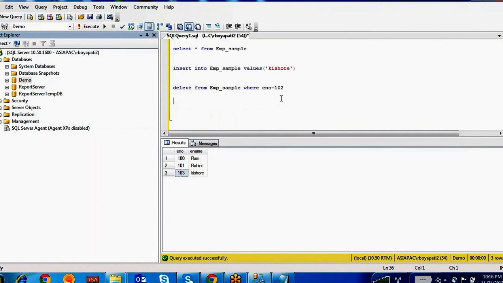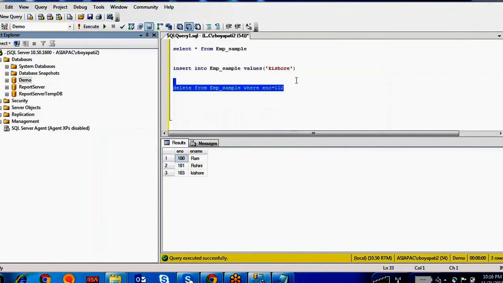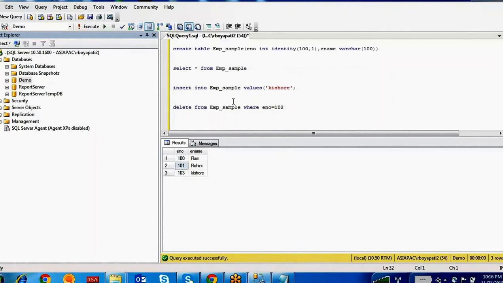If you truncate the entire table, then any new data you insert will start from the starting number. If you delete the data, it will start from the next number only, after the highest record from the past. Got it?